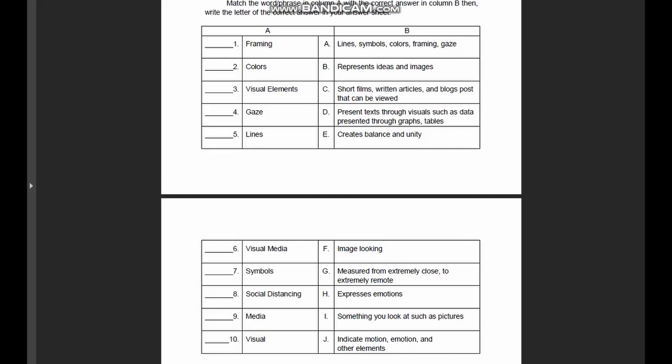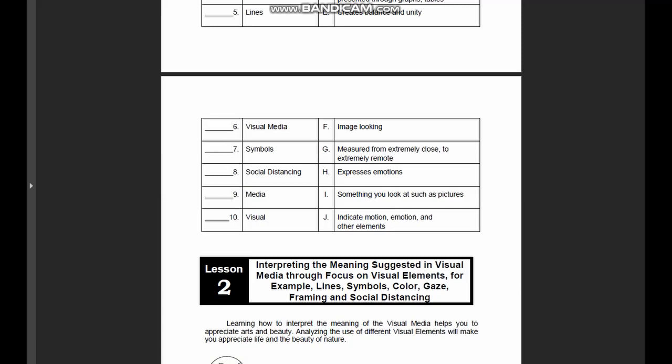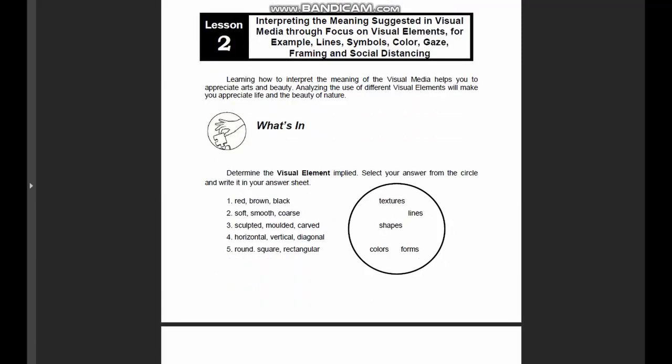H, expresses emotions. I, something you look at such as pictures. And J, indicate motion, emotion, and other elements. Match column A with column B. Okay, write your answer in your answer sheet or paper. We will continue. And now we are finished with What I Know, which is a pretest